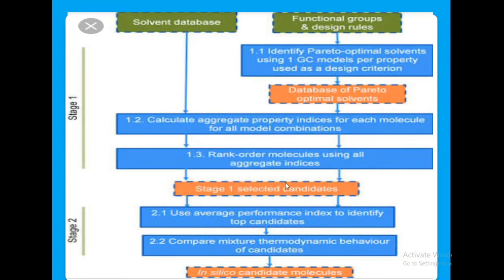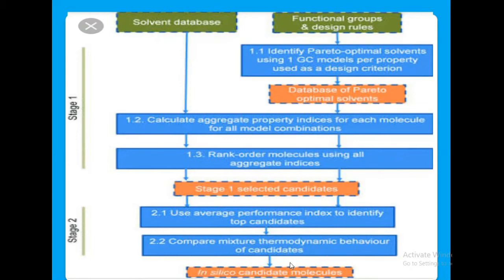Select the candidates formed by stage 1 and take them to stage 2, where you use the average performance index to identify top candidates. You have selected the top 3, and out of that you take the average performance and select the best one, the top one. Then compare the mixture thermodynamic behavior of the candidates.